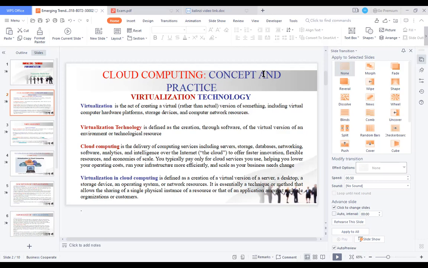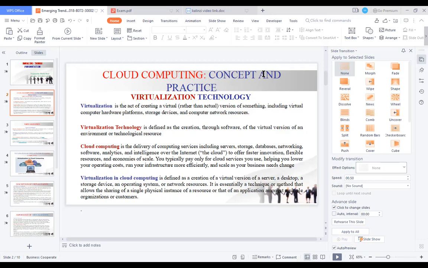Cloud computing is the delivery of computing services, including servers, storage, database, networking, software, analytics, and intelligence over the internet to offer faster innovation, flexible resources, and economies of scale. It means that whenever a user tries to do anything on the computer, it must be connected with cloud services.